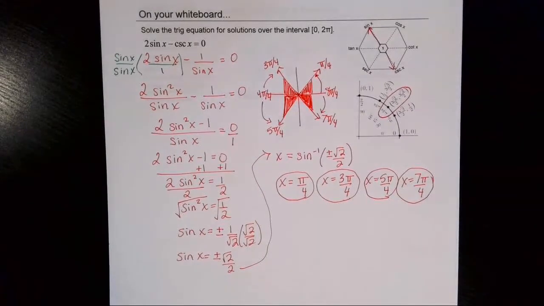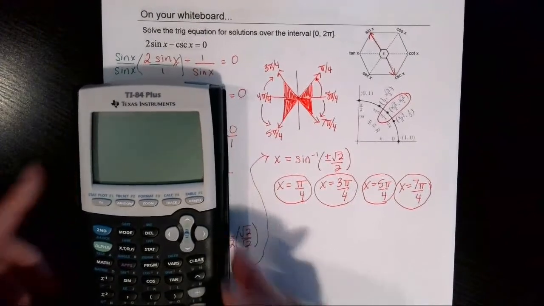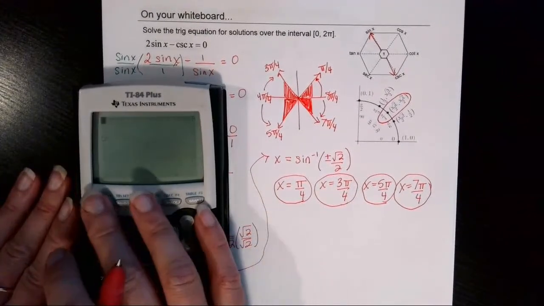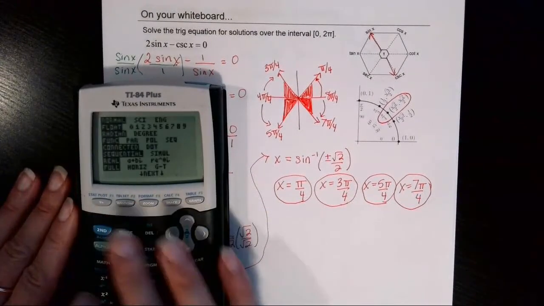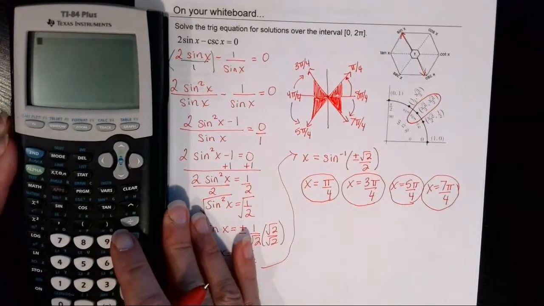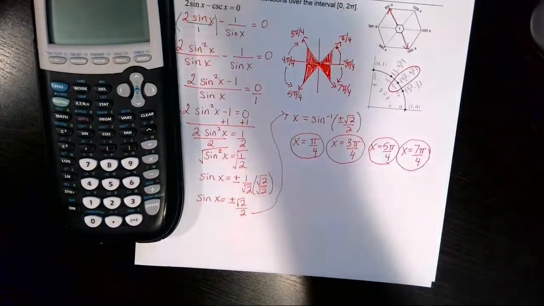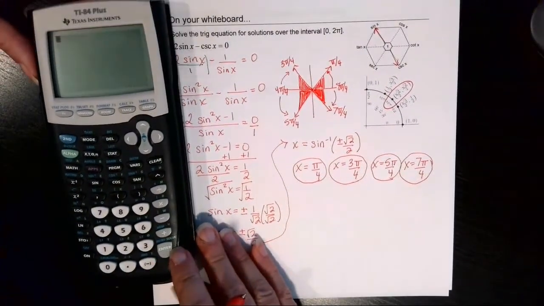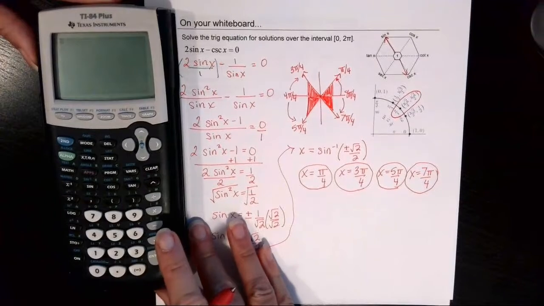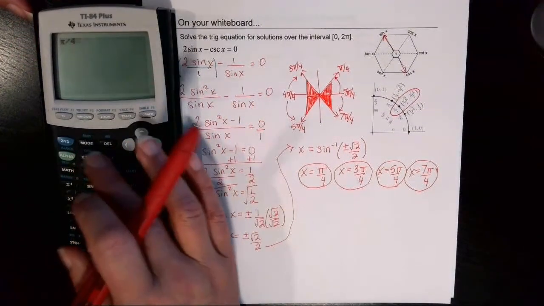So now in the graphing calculator, to check those answers, we're going to make sure that we're in radian mode, which we are. I'll slide this over a little bit so we can see everything at the same time. Maybe I can lift this up and get a little bit more in the view. There we go. Okay, so now first we're going to store pi over 4 as the x,